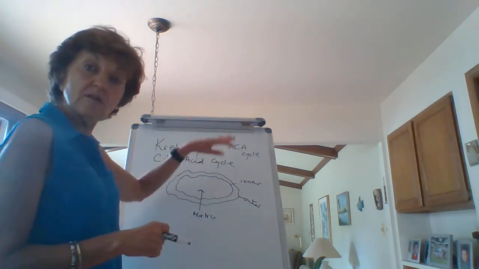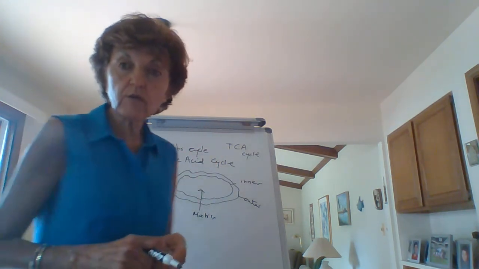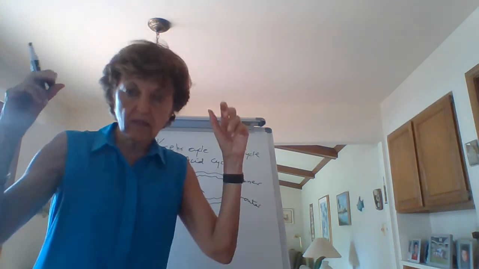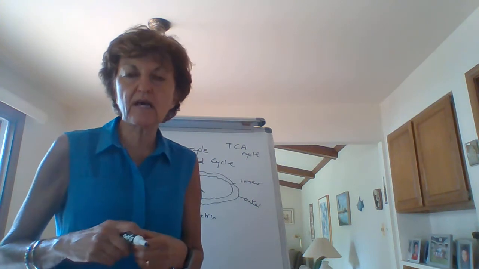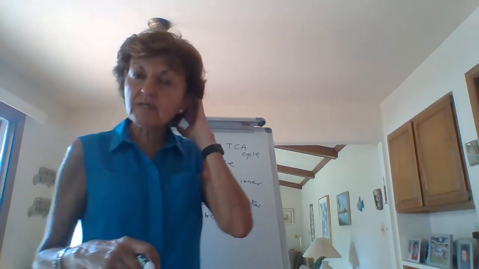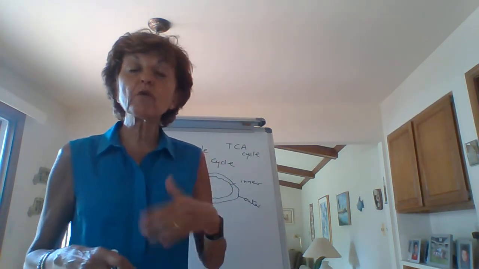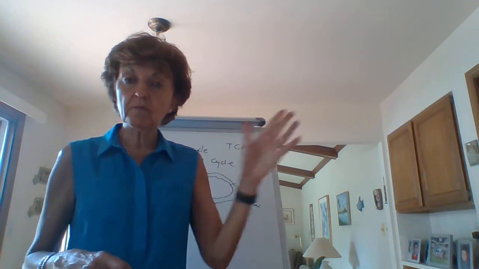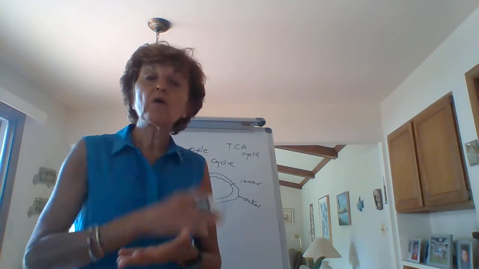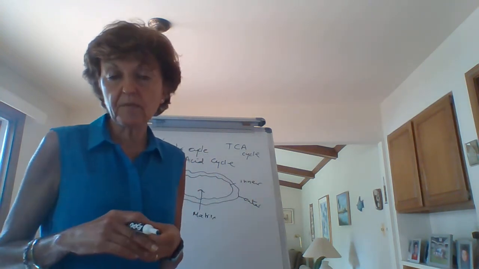The enzymes involved in the Krebs cycle are right here in the matrix of the mitochondria. For those of you who've had a bio class, you probably remember that the mitochondria is like the energy powerhouse of the cell. This is where the majority of the ATP is produced. Remember how we said for every 1 glucose, you're going to get 30 ATP? Well, so far we've only produced 2, thanks to glycolysis. So that means all the rest are going to be produced here in the matrix of the